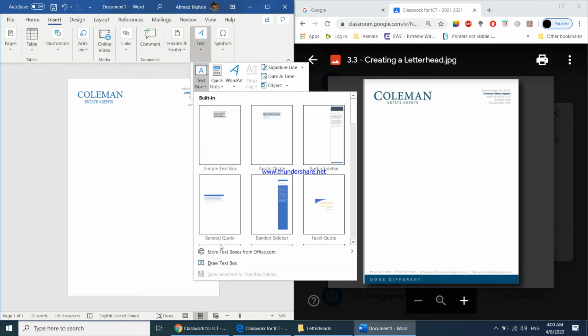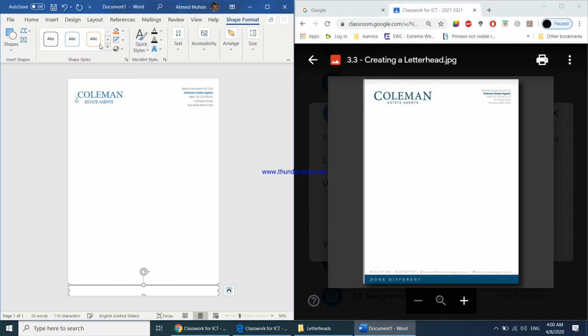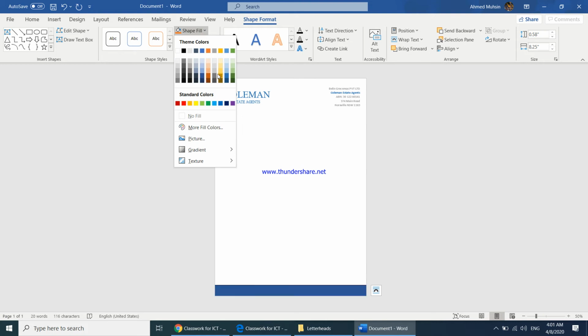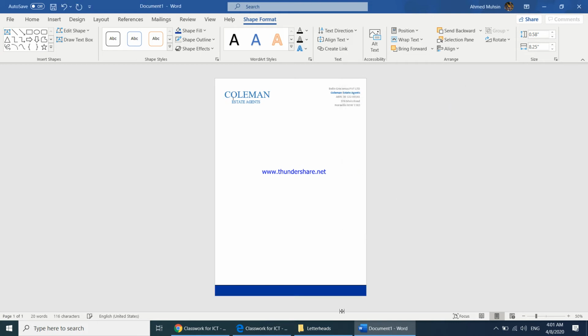Draw text box from here to here, and we got to fill it with kind of greenish blue. Shape fill. If you need more colors, if you can find the exact color, that'd be great, but otherwise it's going to take a lot of time to find the exact color. I think it's not exact color, but